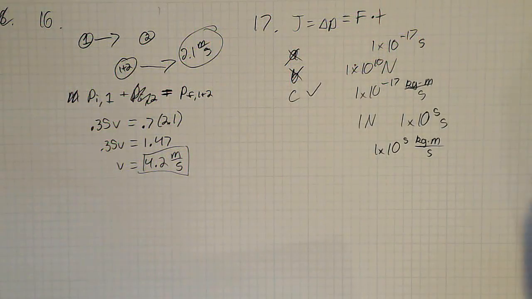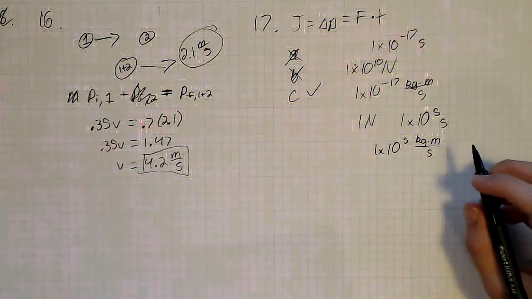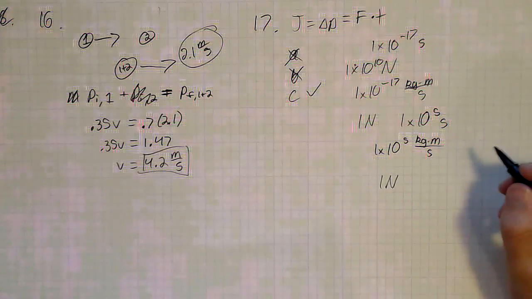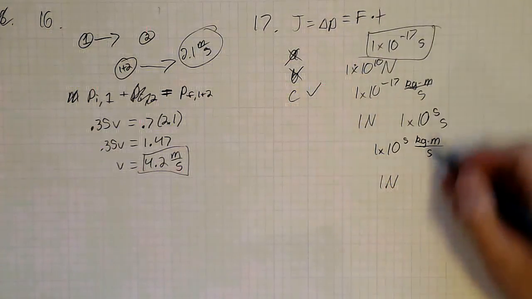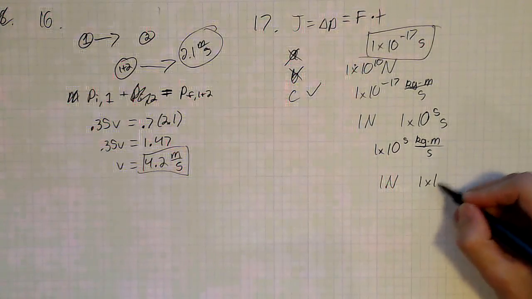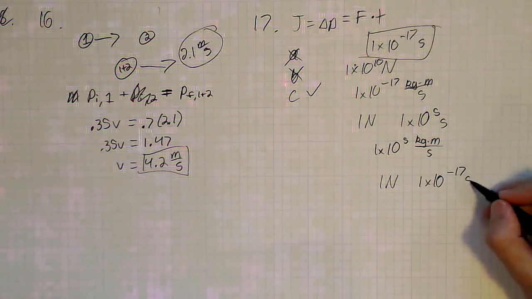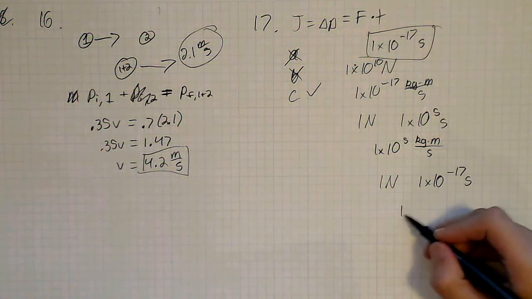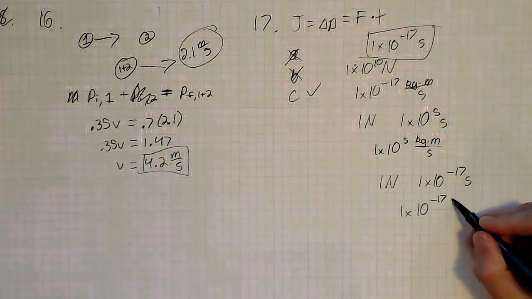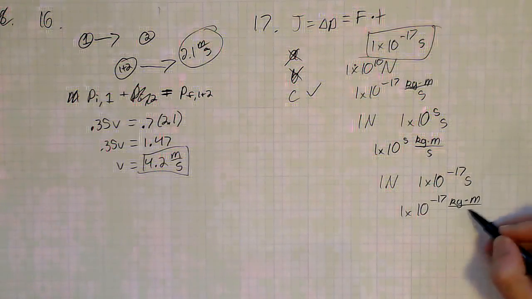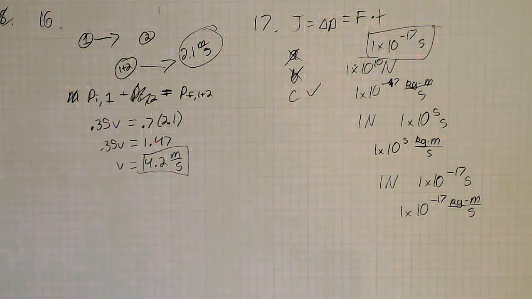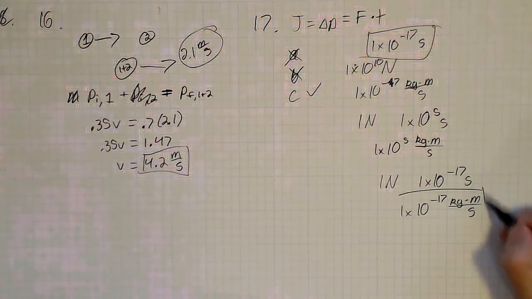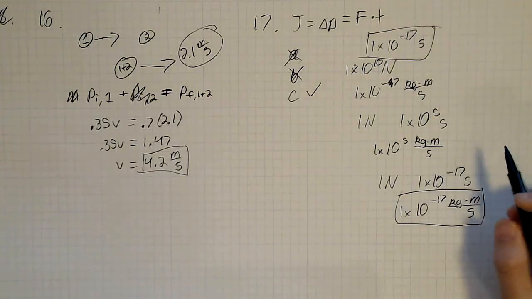Now let's look at part D. A small force produces a large change in the object's momentum. Completely arbitrary. If you have a small force of 1 newton, and it's applied for, let's keep using this tiny little number, 1 times 10 to the negative 17 seconds, it is going to make a change in the object's momentum of 1 times 10 to the negative 17th kilograms meters per second, which is, this should be negative 7, not negative 17, sorry. I probably miswrote that earlier. And again, this is a tiny change in momentum. So, D is wrong,